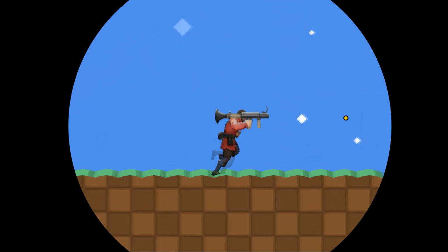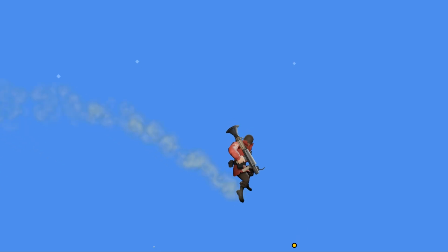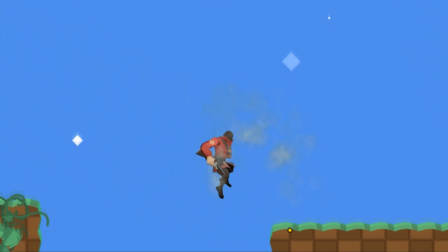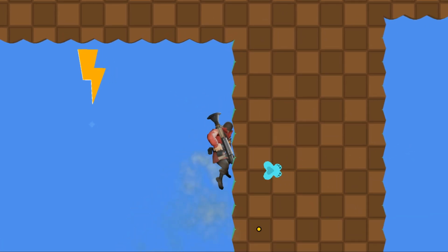The TF2 soldier is in my game as a playable character. He has some weapons he's not technically supposed to have, and I may have had to chop his arms off at one point to get him in the game. By the end of the video, I'll tell you how to play as him for free, but before I get